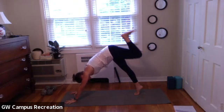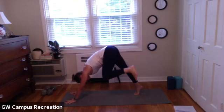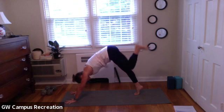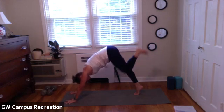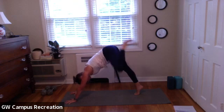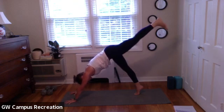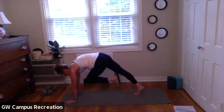Bend that knee and we make our hip circles. Not letting the pelvis go, but really moving this limb through space. Other direction. And then extend the left leg long, moving towards elevated pigeon, or you can shoot the left leg to the